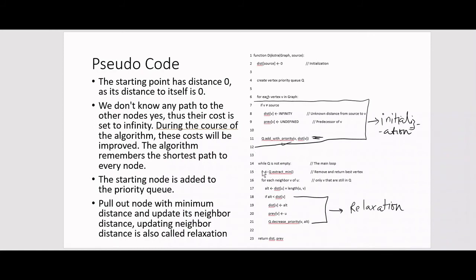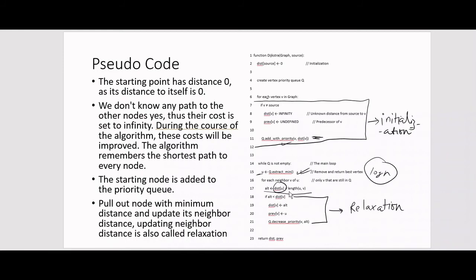Okay, what we do, from the priority queue we pull out the node with minimum distance. We pull out the node with minimum distance, see here, and this would be in log n time. And then for each of the neighbors of this particular vertex with the minimum distance, I go and take their previously calculated distance, which is dist v.